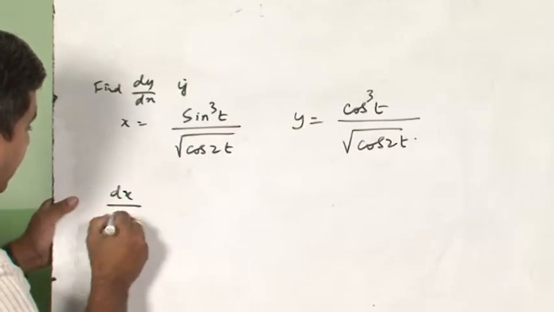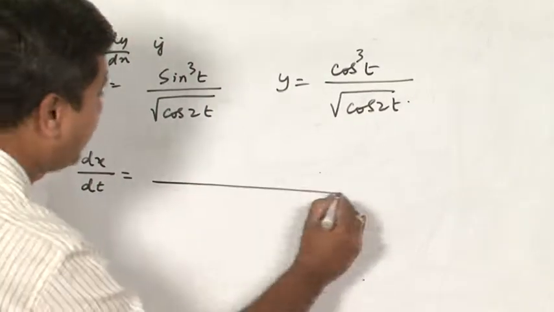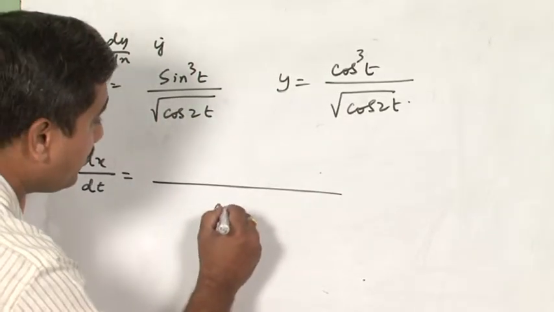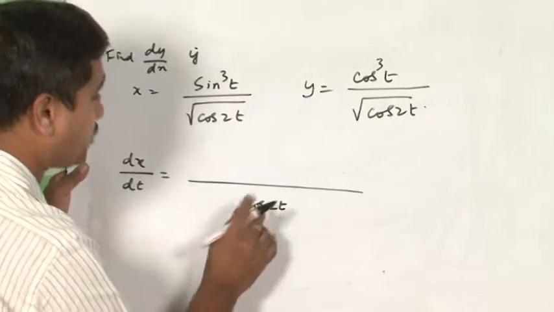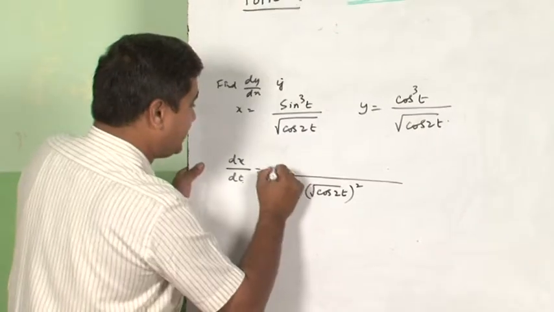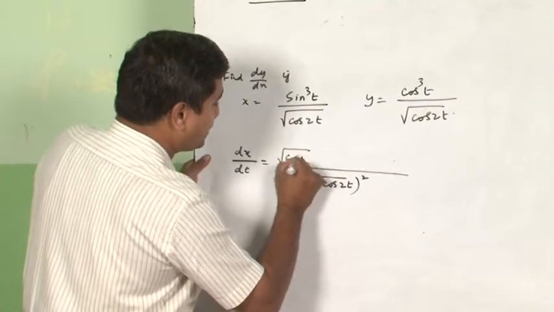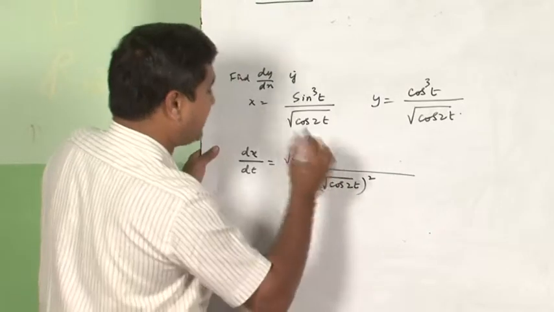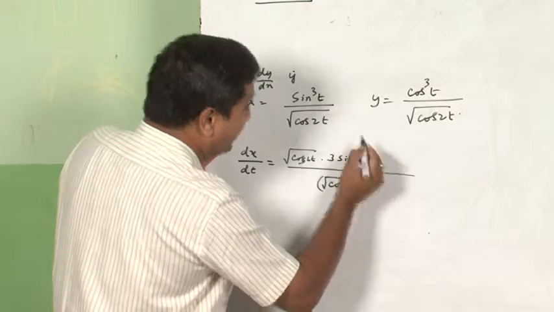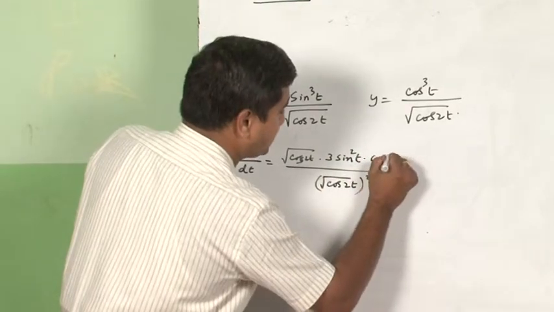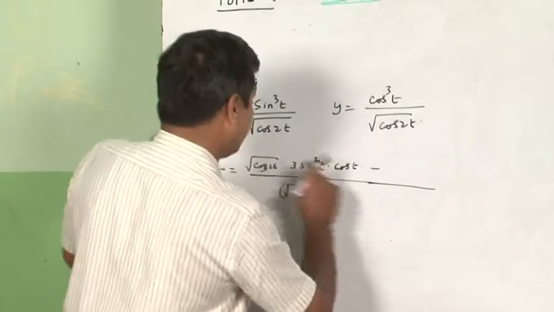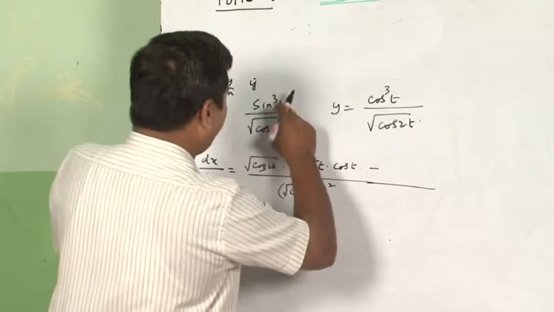Now, as I told you already, you differentiate with respect to t. It is the u by v formula. The u by v formula is: v squared, that is root cos 2t whole squared, v u dash, that is root cos 2t into differentiating sine cube, which is 3 sine square t, again differentiating sine is cos t, minus u v dash, that